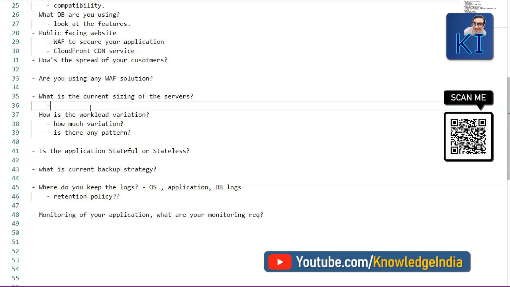Now, this part, many people have asked me that we are moving our application to cloud, right? How do we go ahead and choose the correct instance type? Is there any formula for that? Unfortunately, the answer is no. There is no formula. So how do we go about it? My suggestion is that first of all, if it is an existing application, try to figure out